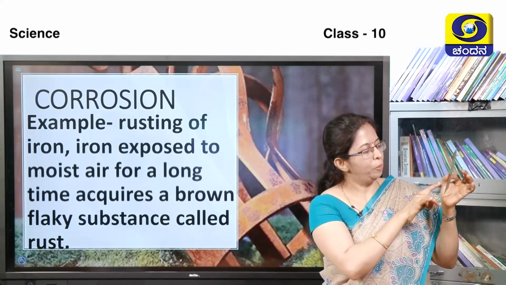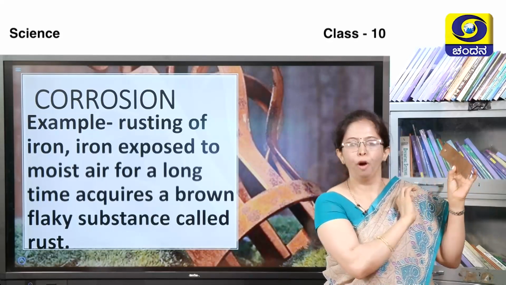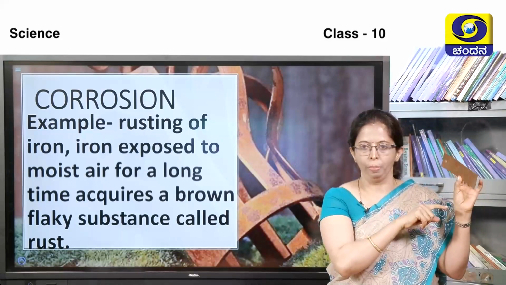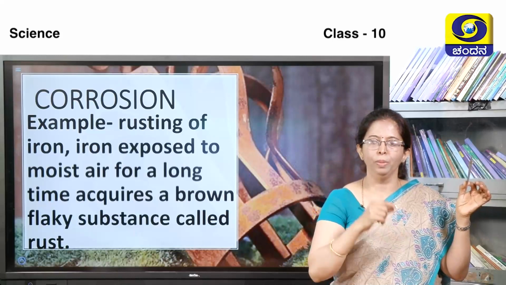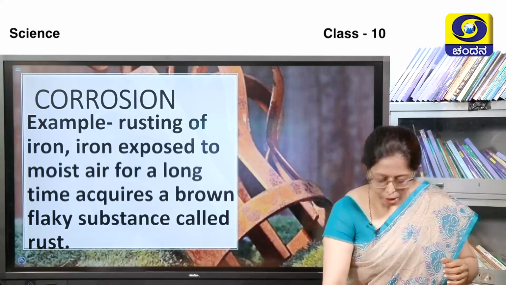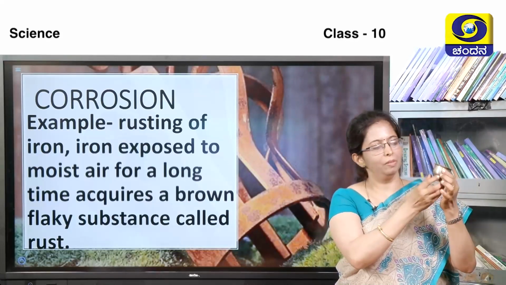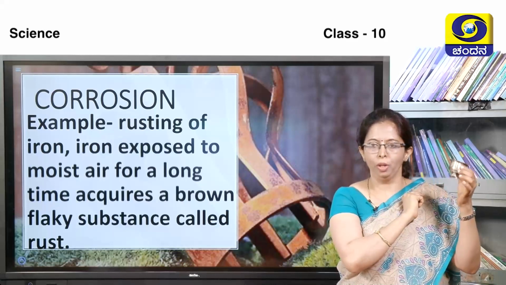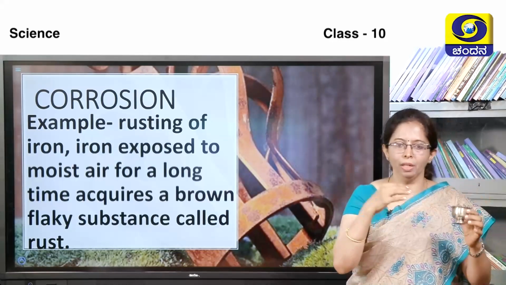So, here on the copper sheet we can see a light green, greenish substance, a green coat formed here. This green coat is also due to corrosion. Copper reacts with carbon dioxide present in the atmosphere to form copper carbonate. Similarly, here I have one silver vessel. You can see clearly silver is not clear, there are a number of black color coatings formed on it. So, silver reacts with sulfur present in air to form silver sulphide.